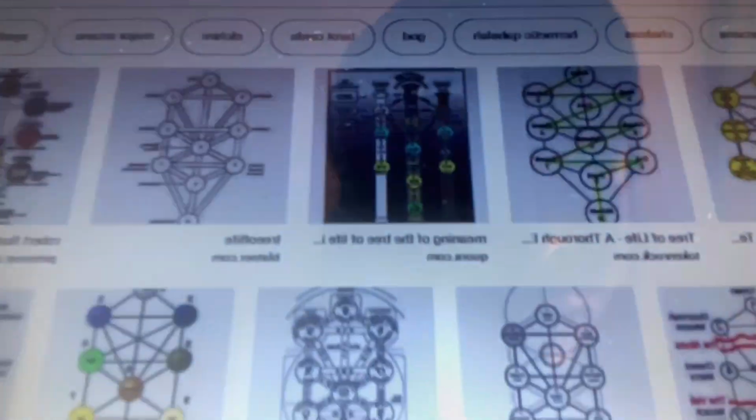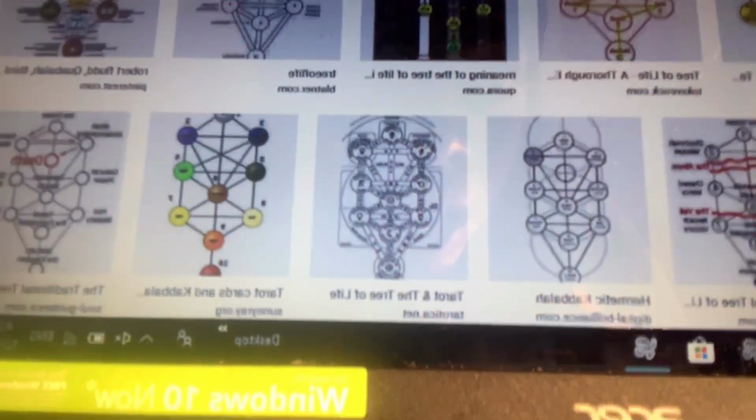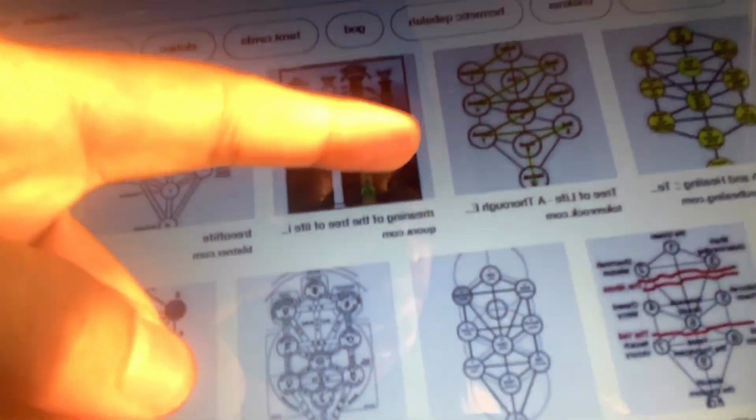Now look at this. The tree of life, or Kabbalah, is a diagram used in various mystical traditions. It usually consists of 10 nodes, symbolizing different archetypes, and 22 lines connecting the nodes. The nodes are often arranged into 3 columns. Now look at a picture of the Kabbalah. This right here is the Kabbalah. This is the original tree of life. And another thing, this is where Metatron's cube comes from.